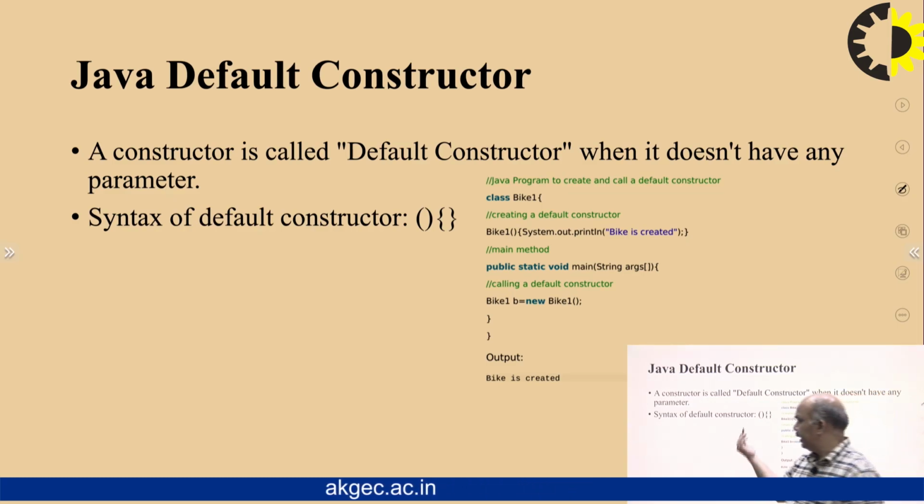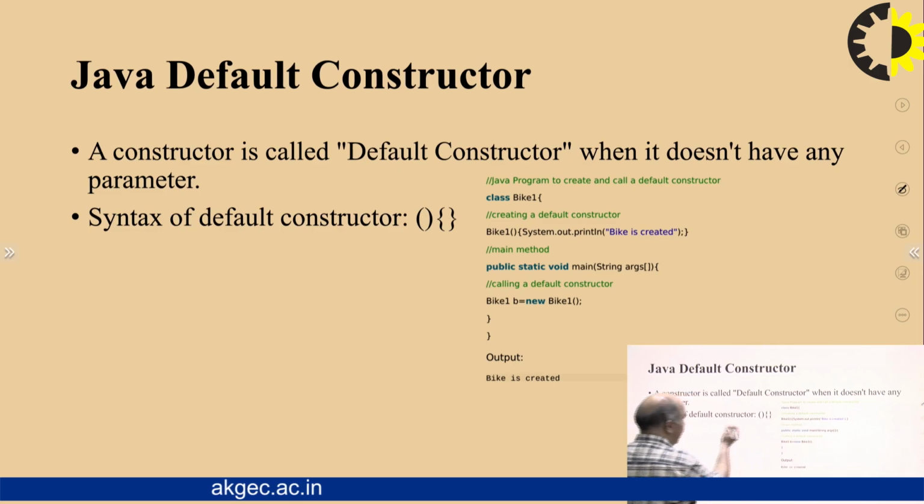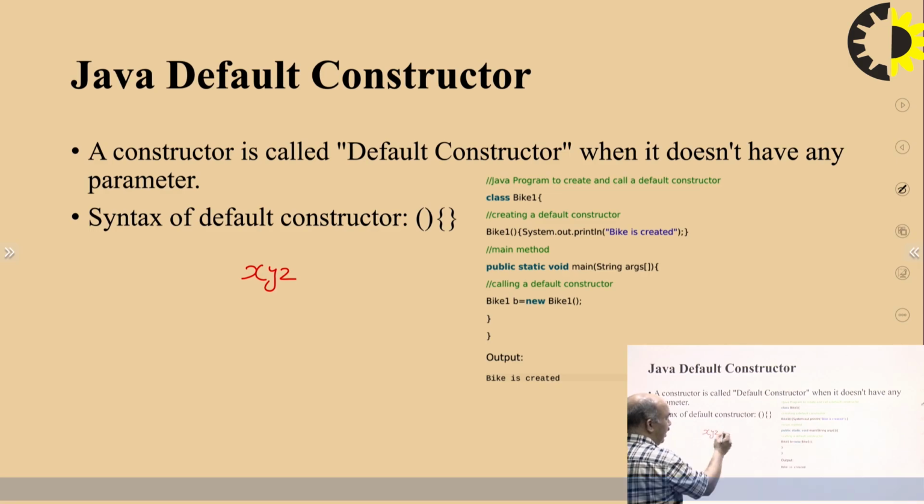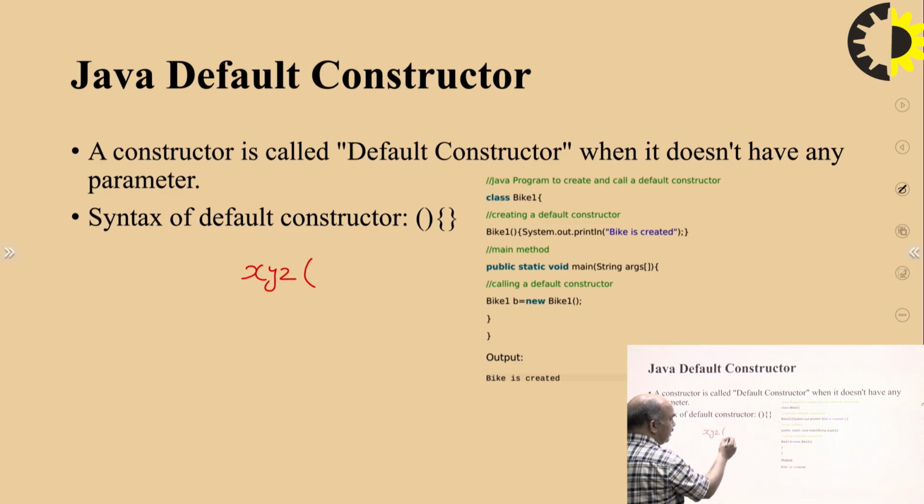Let us suppose you have created a class XYZ, and you have taken a constructor with the same name as the class. There are no parameters defined here, and you simply write